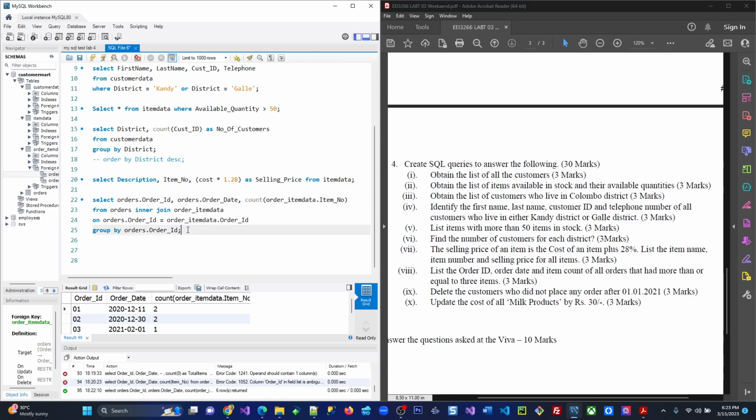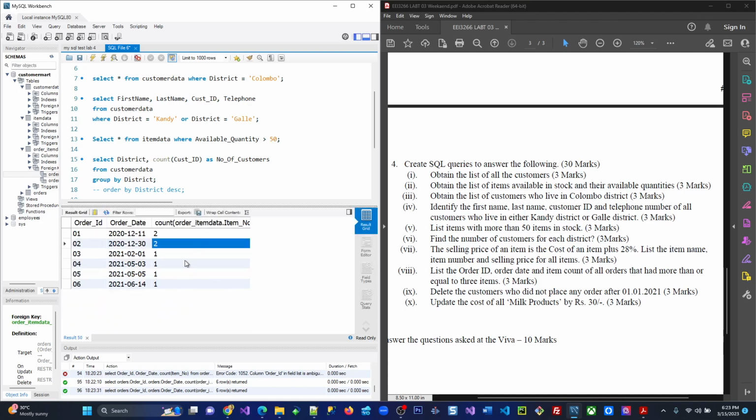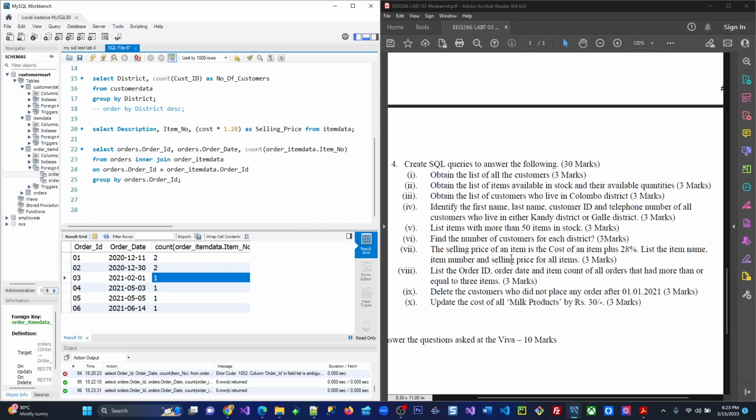So we know that we calculated manually. Order ID 2 has 2 items. Order ID 2 again 2 items. All the others have one item. So our query is perfectly all right. Always verify your query answers with the manual computation by your mind. That's very important. Now, this is not the answer actually. It's not complete. The answer says,